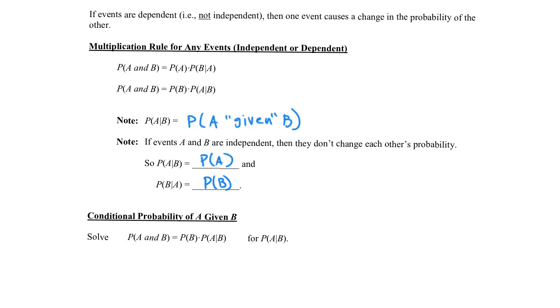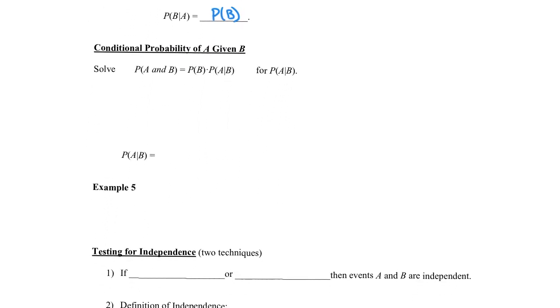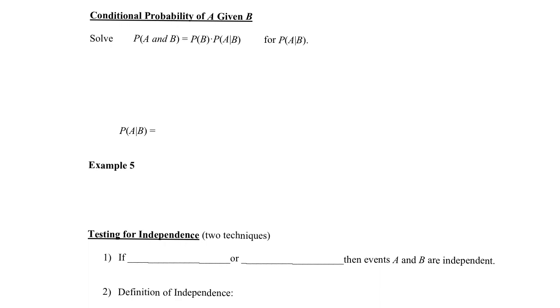So we've got one more. There's a conditional probability formula. The way that we do these conditional probability problems, we won't actually have to use this formula, but I'll show you it anyway. We've got this equation here, and it says solve this equation for the probability of A given B. In other words, we want to isolate this, right? We want to get this thing by itself. Just think of the good old days in algebra class: I can get rid of the probability of B by dividing by the probability of B, as long as I do the same thing to the other side. So that would cancel,